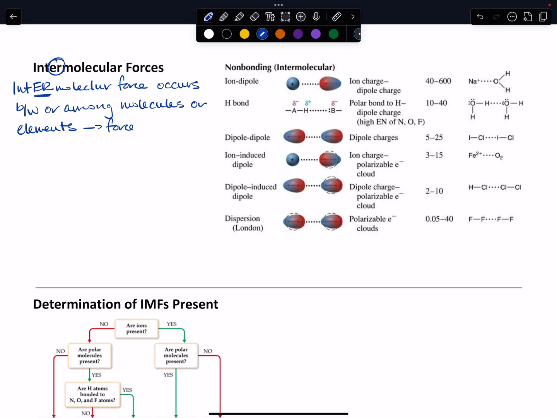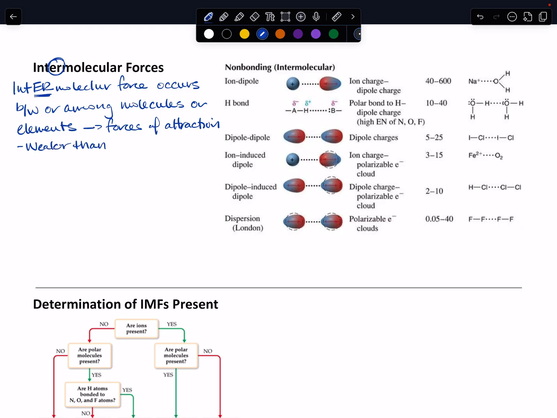These are forces of attraction. All right. So they're dictated by Coulomb's law, just like anything else. All right. They are, however, weaker